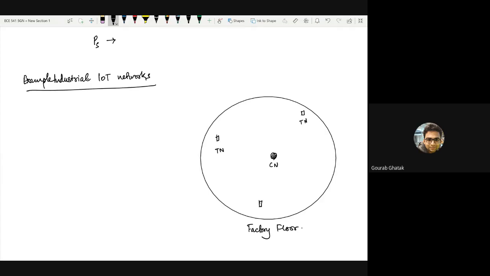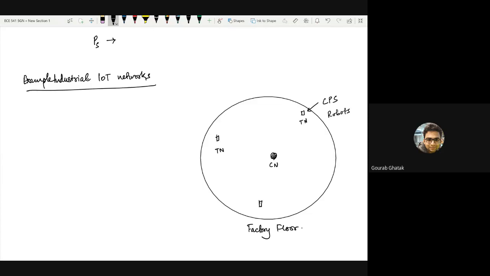So what they had is a design for a factory floor where these terminal nodes are nothing but cyber-physical systems, which can be like robots. If it's a manufacturing floor, they have to take things from one part of the assembly line to another part of the assembly line. If it is a storage facility like that of Amazon or some warehouse, the terminal nodes have to retrieve packages from some part of the warehouse and take them to another part of the warehouse.